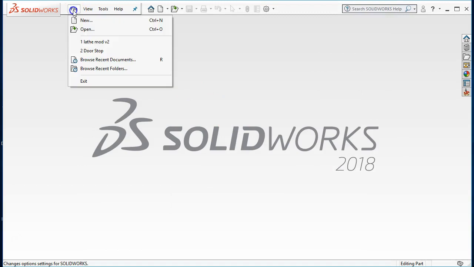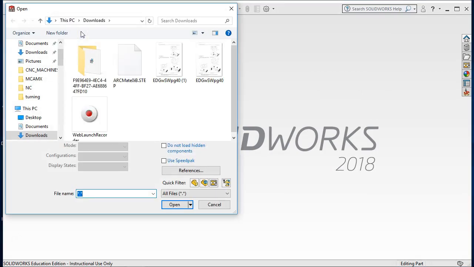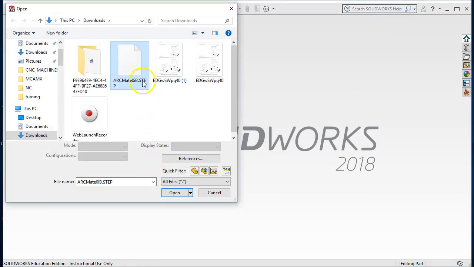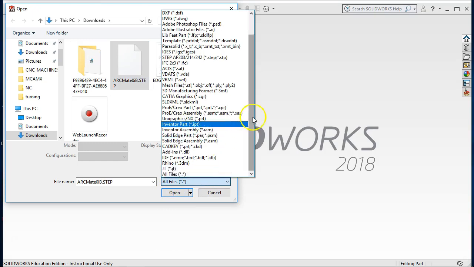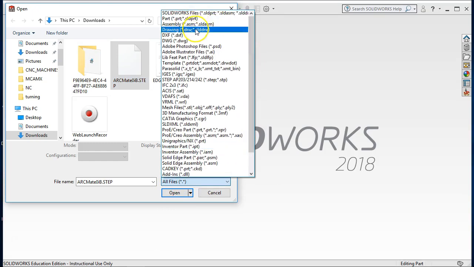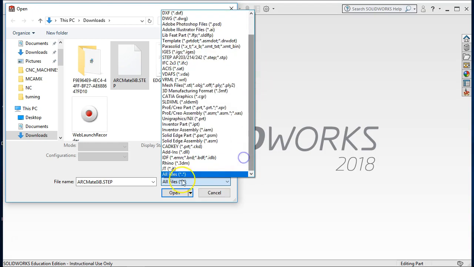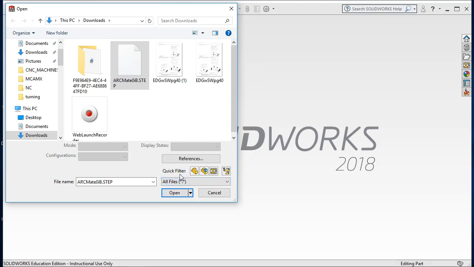And then what that should do is when we come over to open, and I'm picking the step file, also make sure that your all files doesn't say SolidWorks or part assembly drawing. If it doesn't say step, then the preference would be to have it just list all files. All right, so once we hit open,